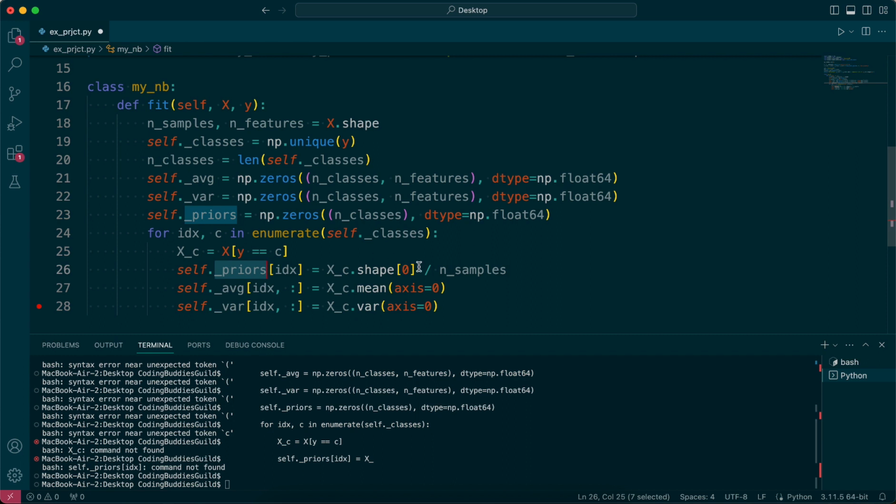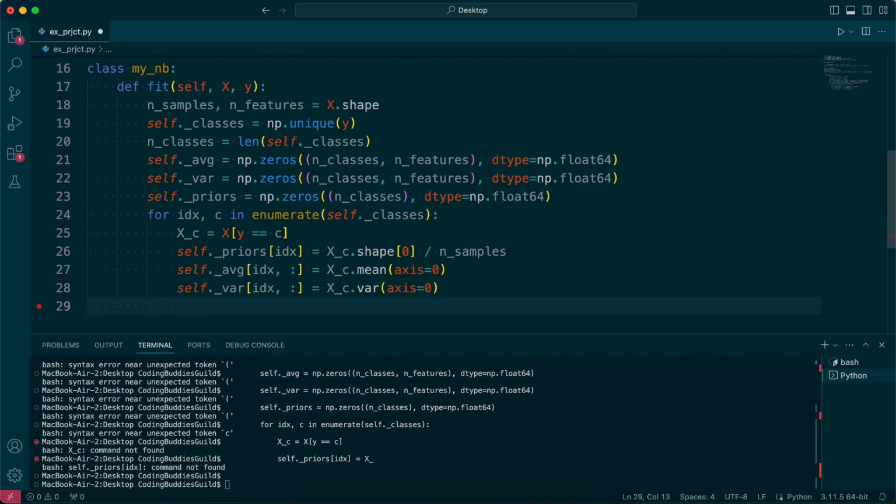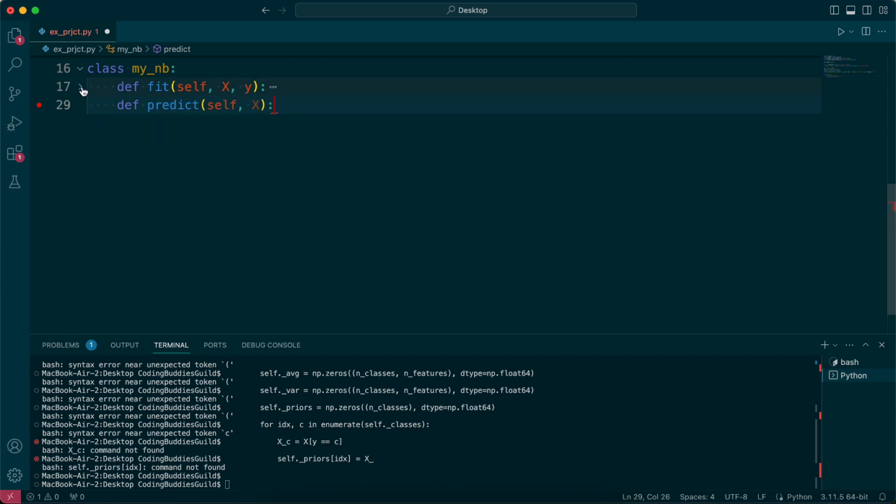So this is about our fit method. What else do we need? We obviously need a predict method. So I'm just going to define predict, right? It gets self because it's part of the class, and x, which in this case would be the test values. Let's close this. And then